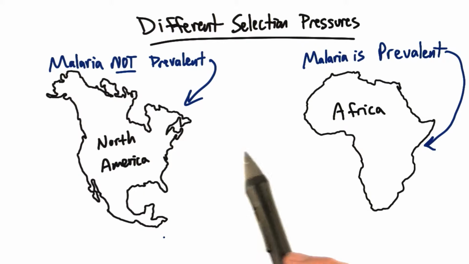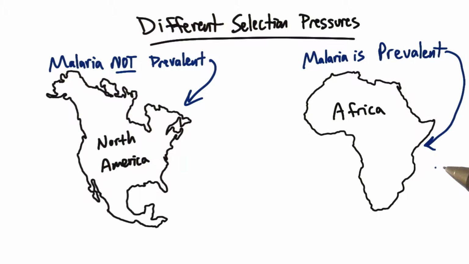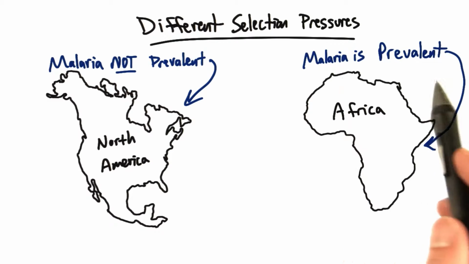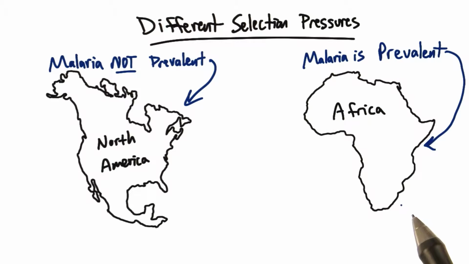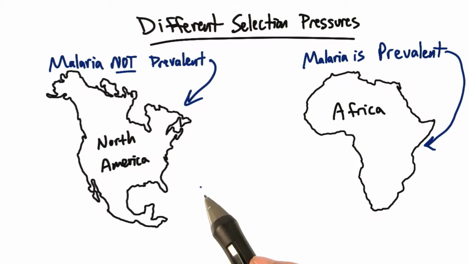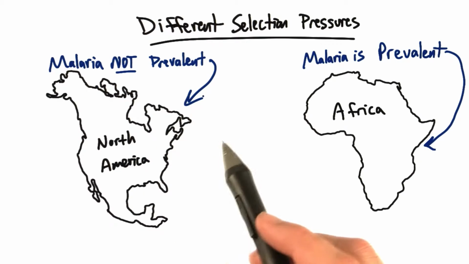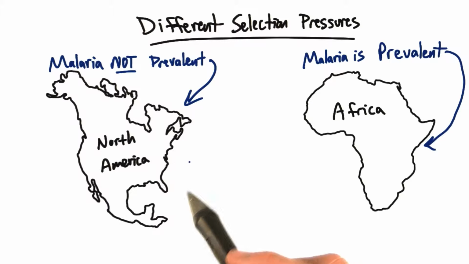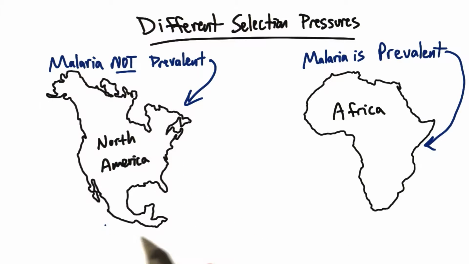The reason that sickle cell anemia is so frequent in sub-Saharan Africa is because the allele makes a person partially resistant to malaria, which is endemic to the region. Now, if we move to another geography like North America, where there isn't a prevalence of malaria, we've now changed the selection pressure, and the sickle cell allele is diluted out over time so that it occurs at a much